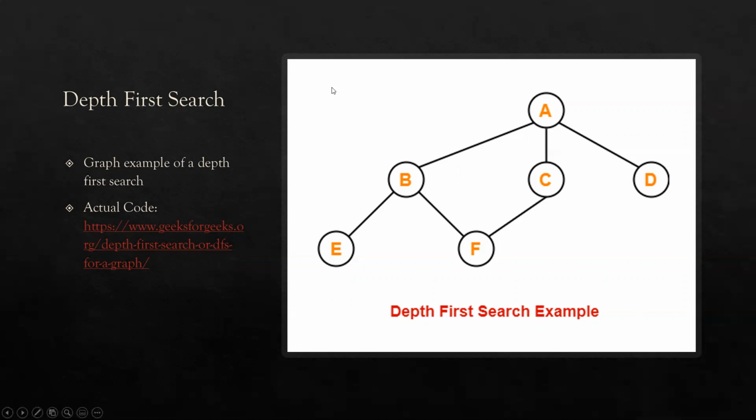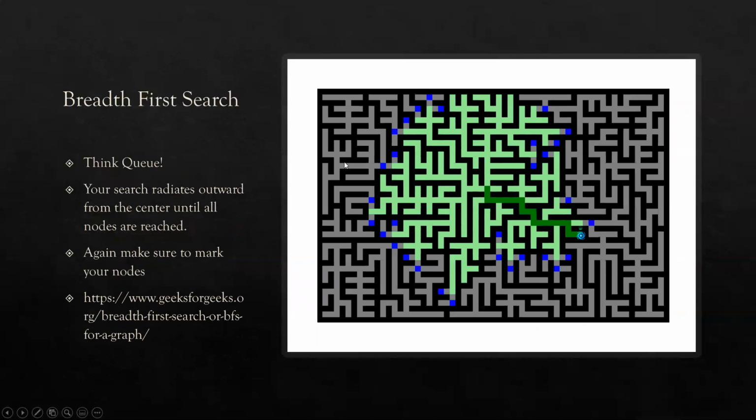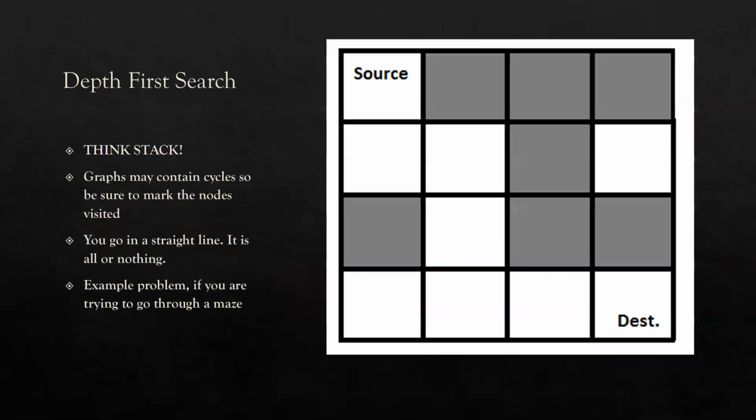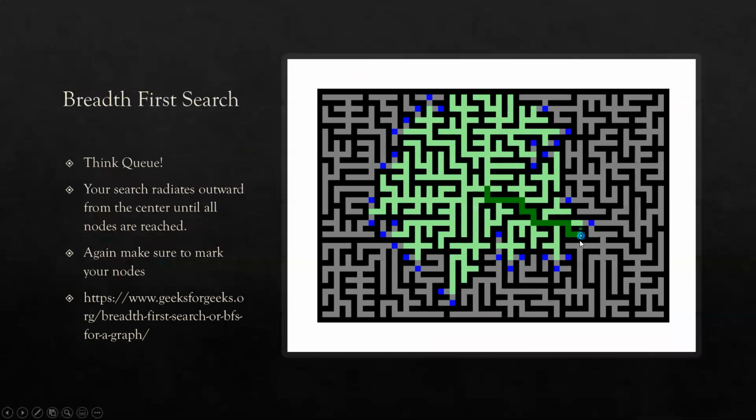Okay, so following up depth first search, we have what is known as a breadth first search. And again, like depth first search, the data structure we want to use in this case is a queue. It differs in that instead of going all or nothing, you just want to sort of radiate outward. You can't really see it in this example, but if you look at this bigger map, you can see that if you start from the center here,